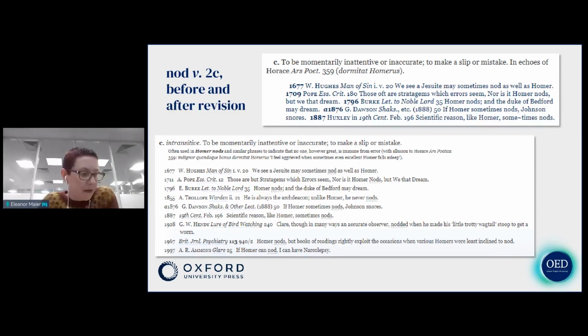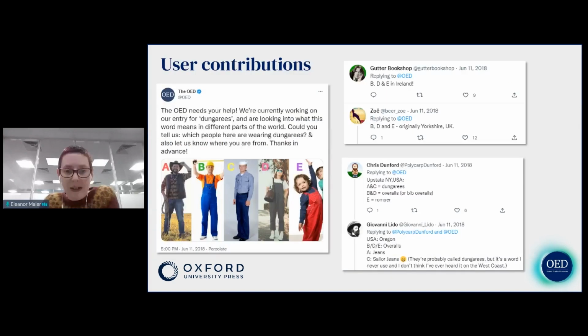And as well as acting on usage patterns and user feedback, we also solicit valuable language knowledge from the public. And this can be in the form of one-off queries or more general appeals. So this slide shows when we decided to ask the public via Twitter what they think of when they hear